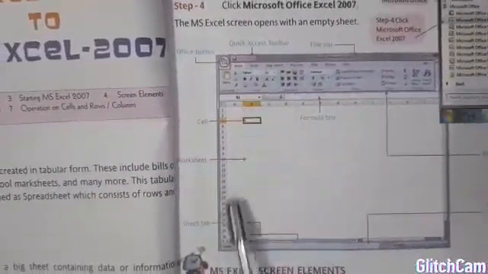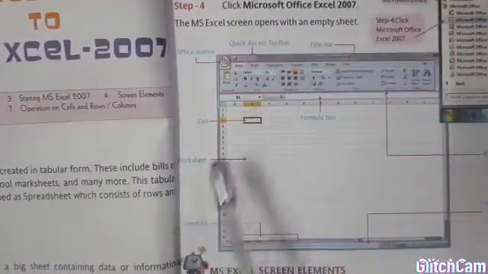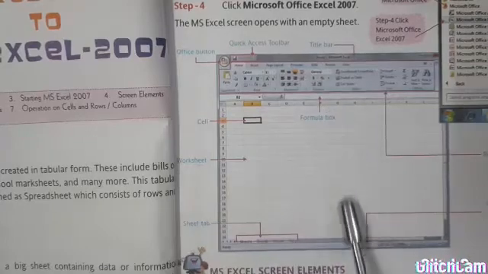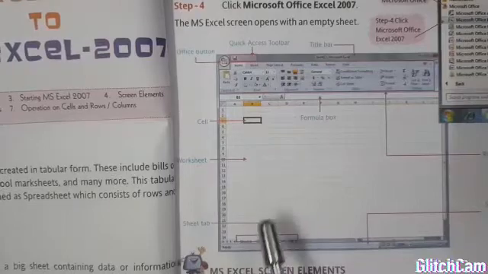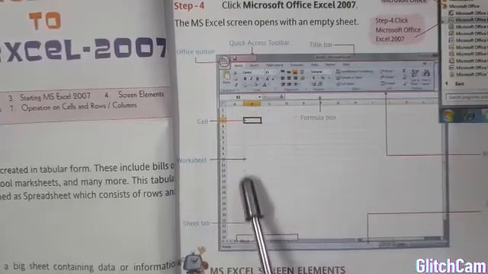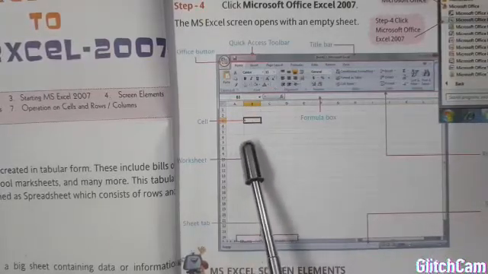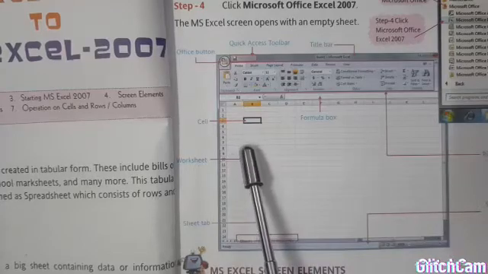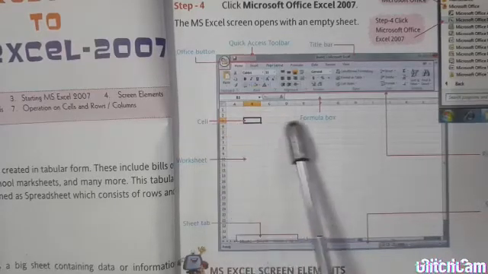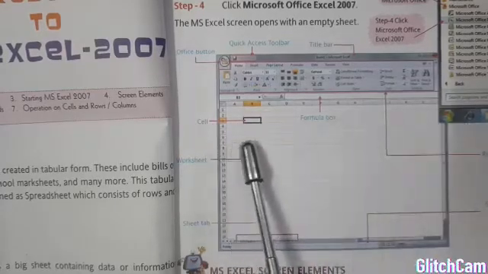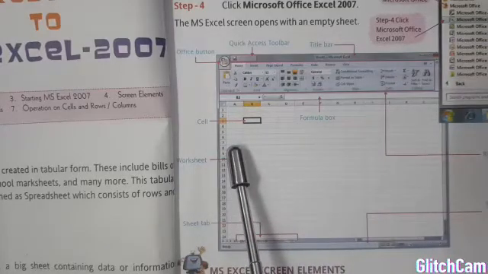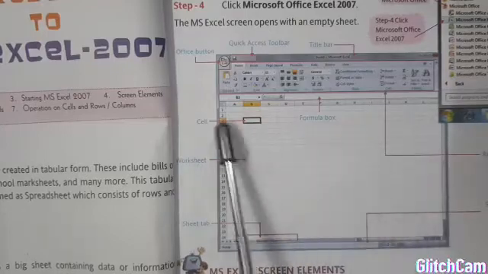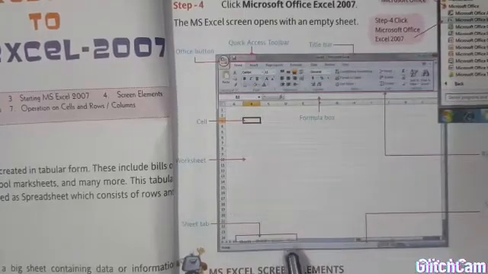these vertical boxes in this way are called columns, and these horizontal ones in this way are known as rows. The whole picture is of a worksheet.